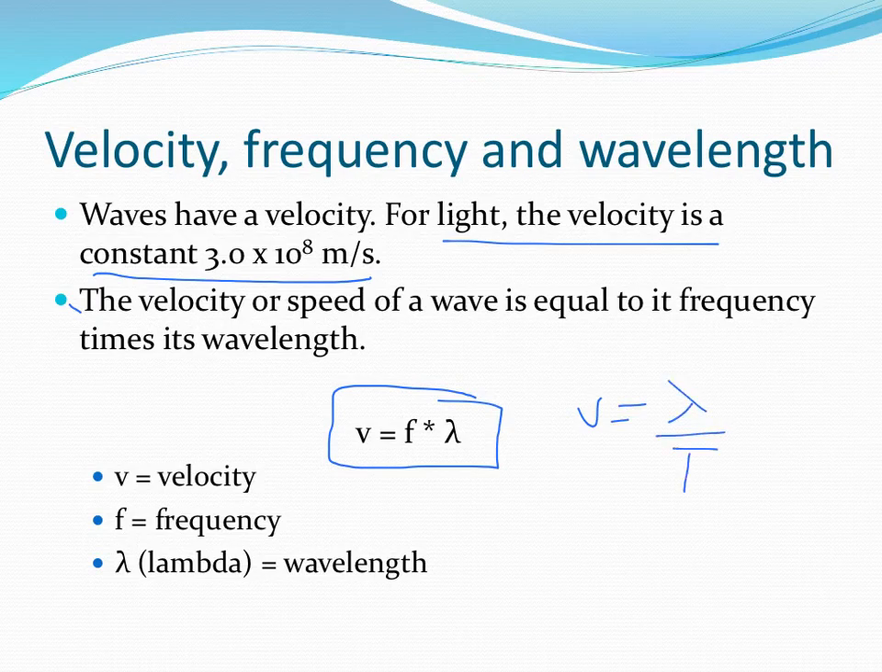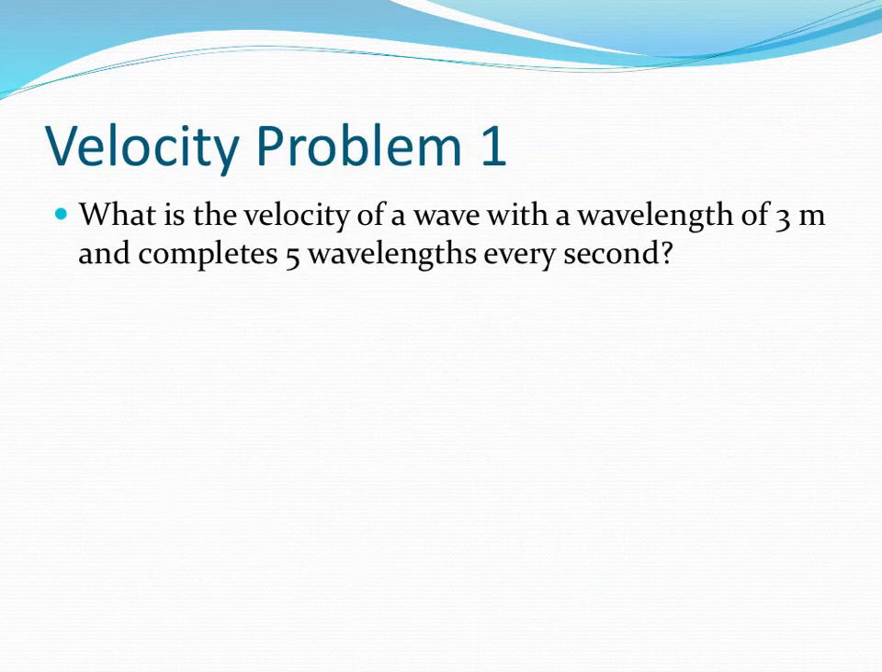Why am I able to make that adjustment? If I replace frequency with 1 over period, that's what the equation looks like. So you can use either variation. The one that I have boxed here, though, is going to be the one that I give you on tests and quizzes. So just a couple of basic wave problems,